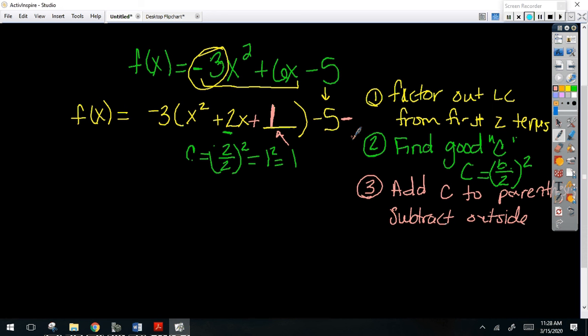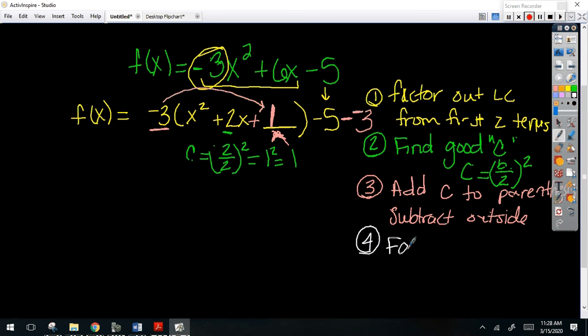But I haven't really added 1. Remember I took this 3 out? What I've really added is negative 3. Okay, so I want to subtract that. Now, because this is a negative here, it's causing a little bit of a sign issue on this side. But what you need to remember is whatever you add in parentheses, you need to also subtract outside of the parentheses. Okay, so if there was a number here, it's got to be multiplied. All right, now,